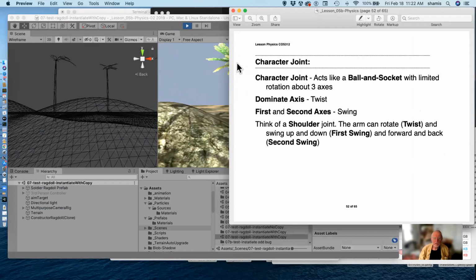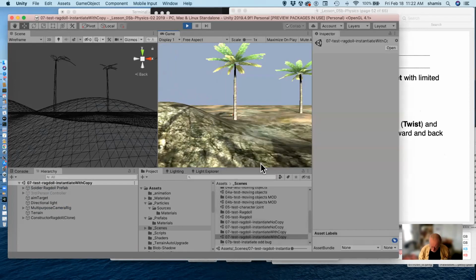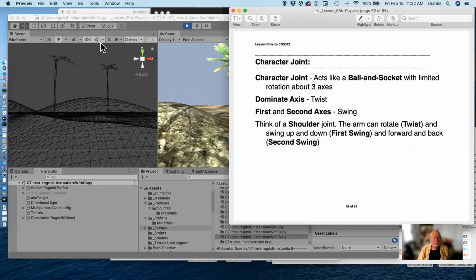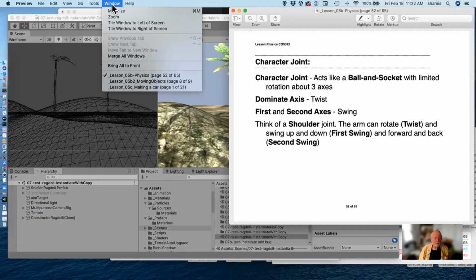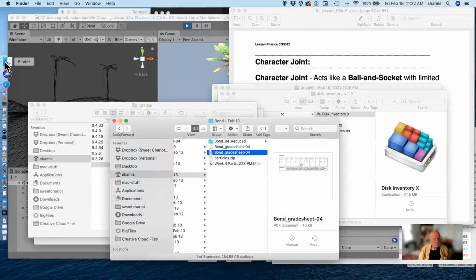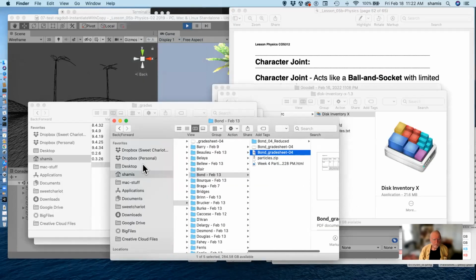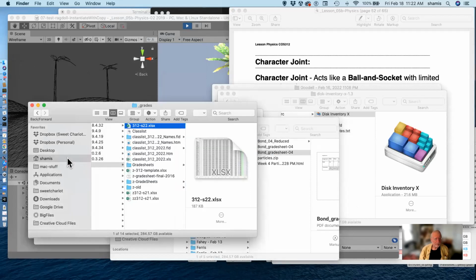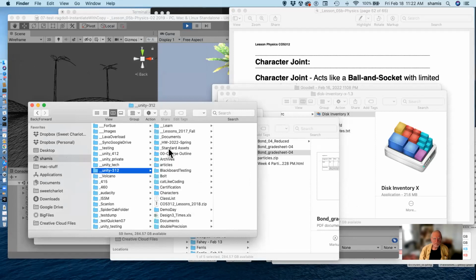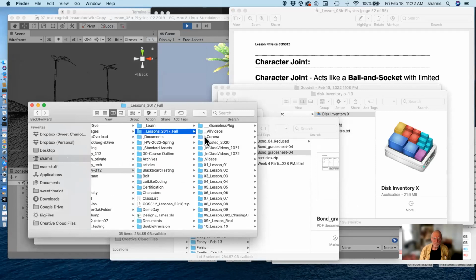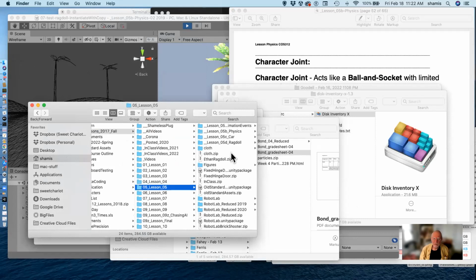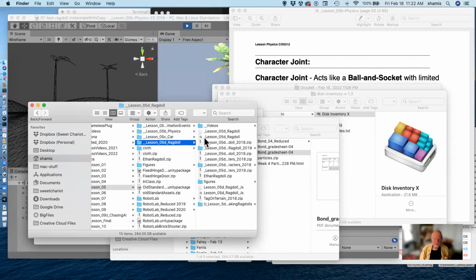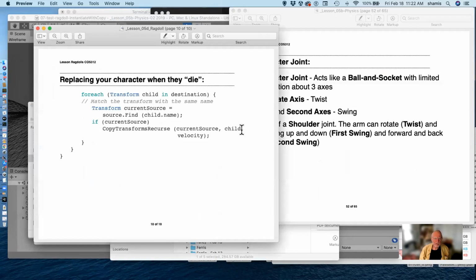Whoops. So I think I deleted it. Did I delete it? I did. So there's one other little piece there that I deleted, or turned off. Let me get back. And that's